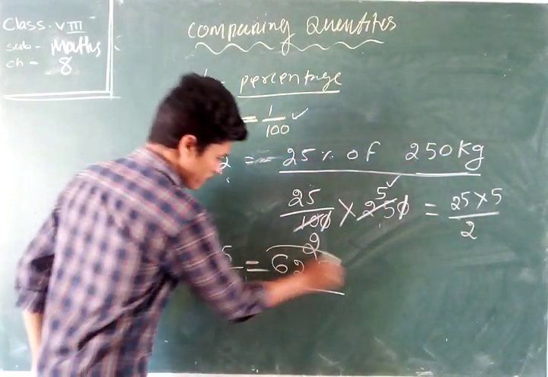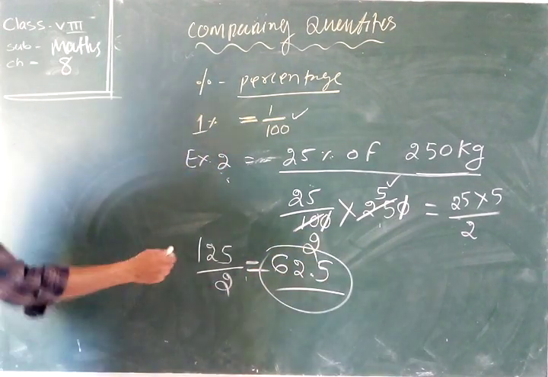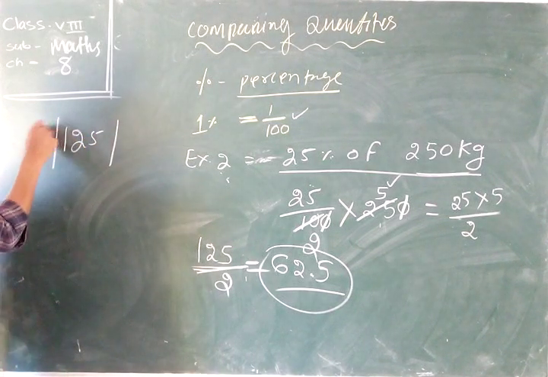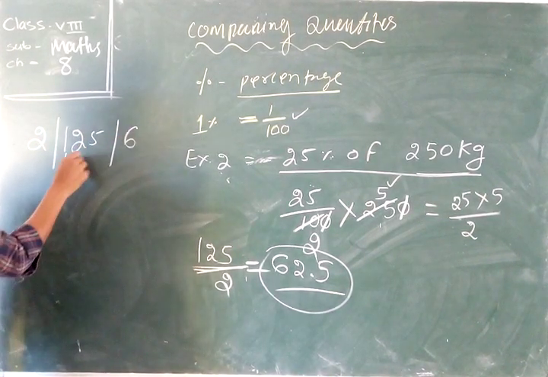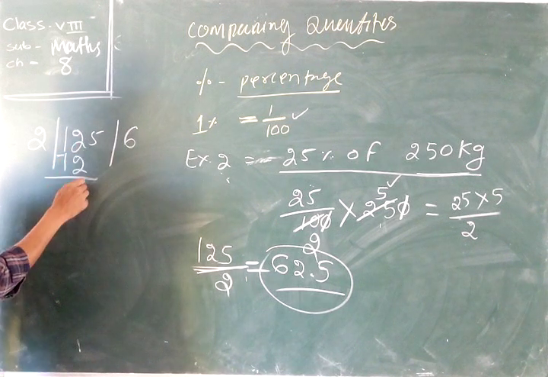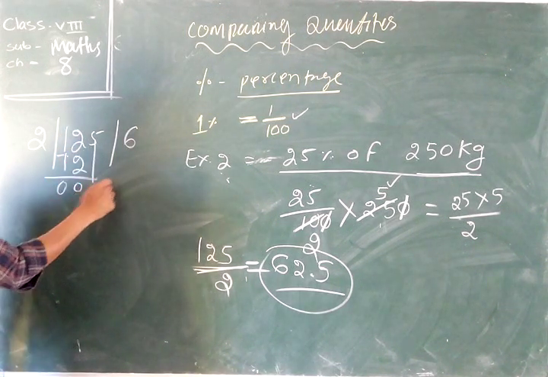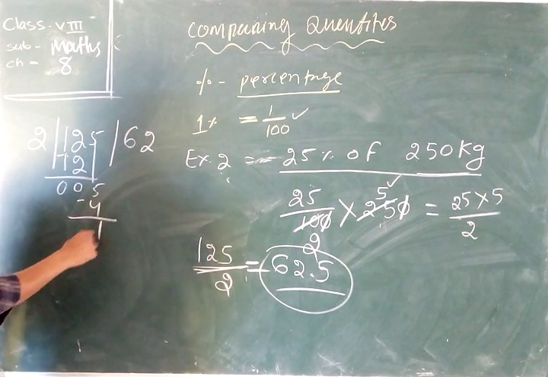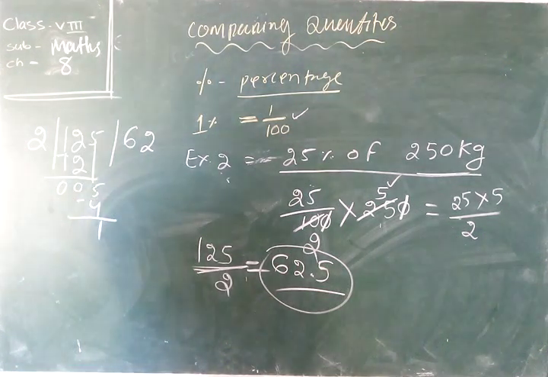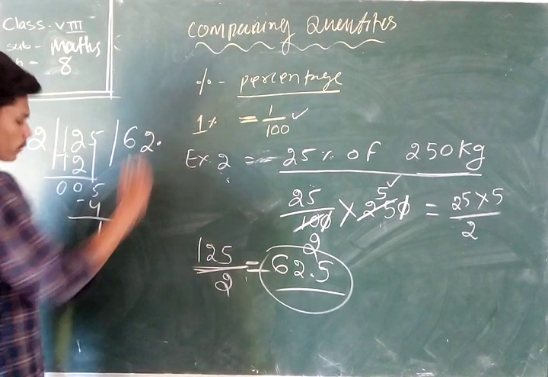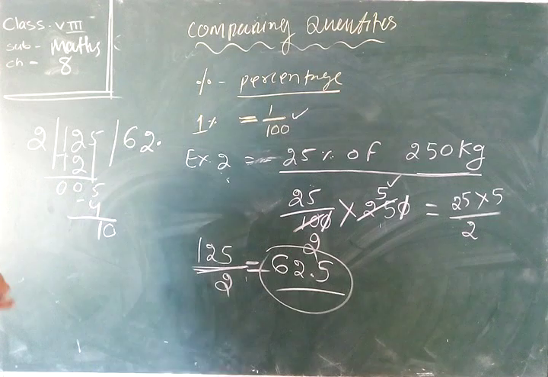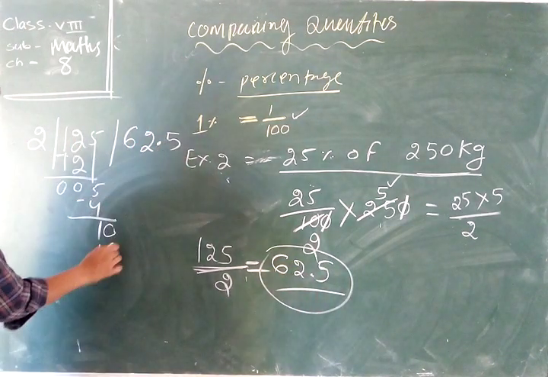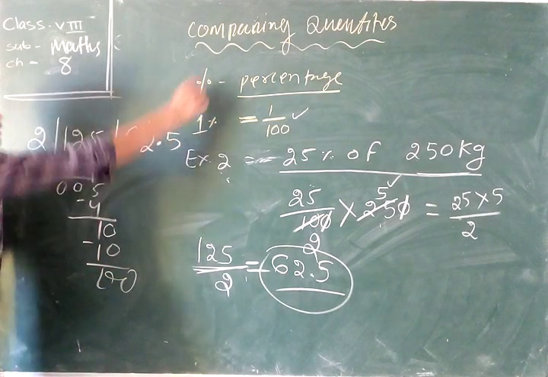Now see on the board how you find it by division. Write 125 divided by 2. 2 sixes are 12, 2 twos cancel, 1 and 1 cancel, get down 5, 2 twos are 4, minus 1 leaves 1. Then 2 is not divisible by 1, so we put a decimal point and put 0. Keep in mind, if you put a 0 after the decimal, 2 fives are 10, 10 cancels, and we find the answer like this.